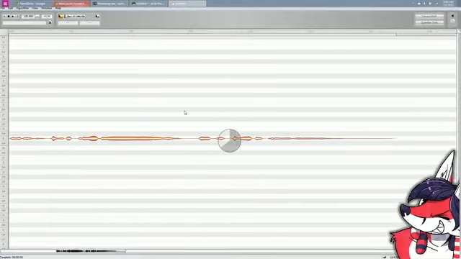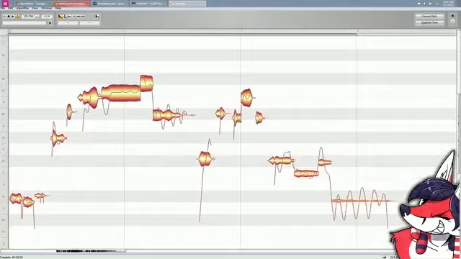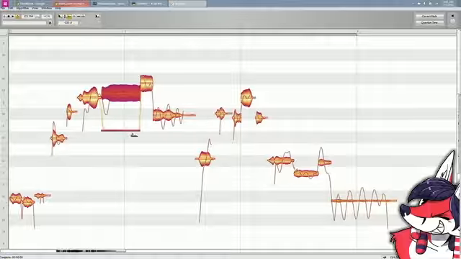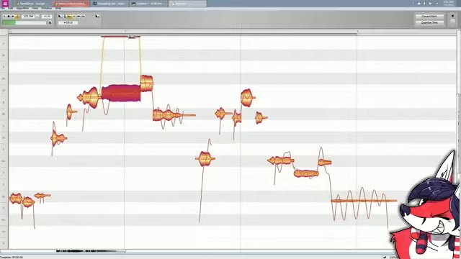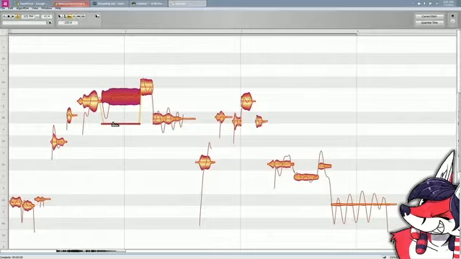All right, so in Melodyne we have this piano roll type editor. If you've seen FL Studio or anything like that, you're probably familiar with a layout like this. What this is basically is a representation of chunks which are recognized as single notes, and then this line here is the pitch drift. Then you can switch over here, and this line is the formant. That's the vowel sound. You don't want to mess with that too much.